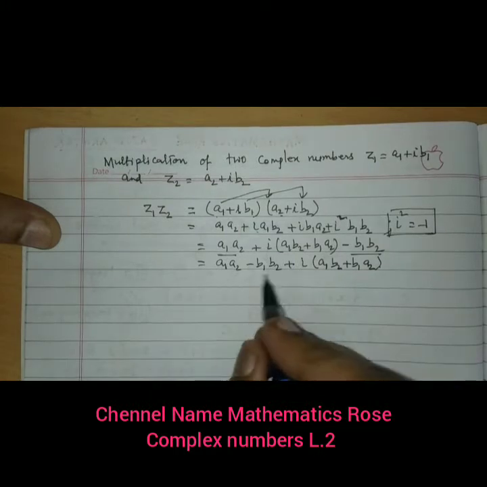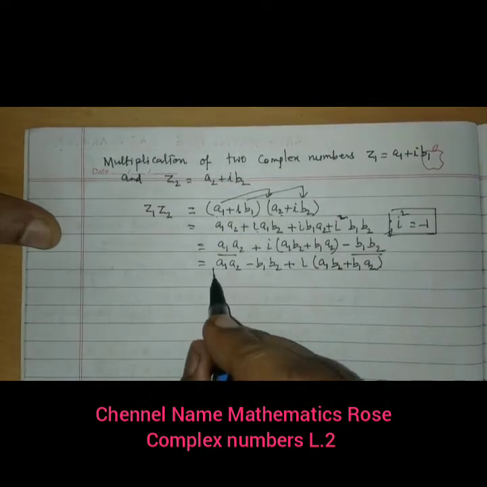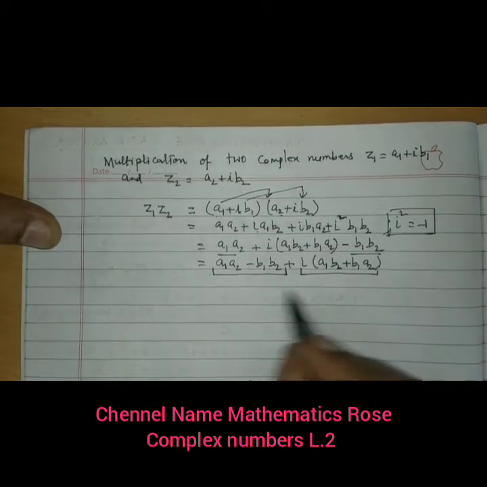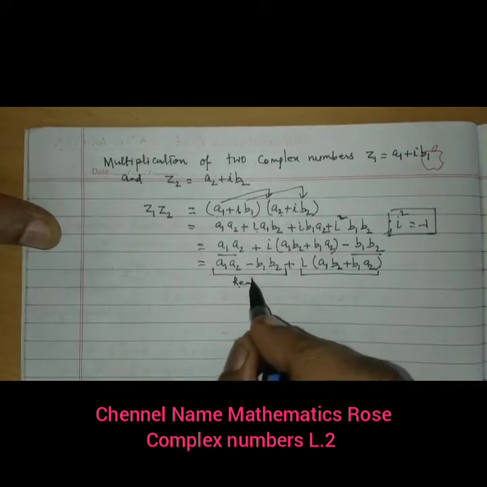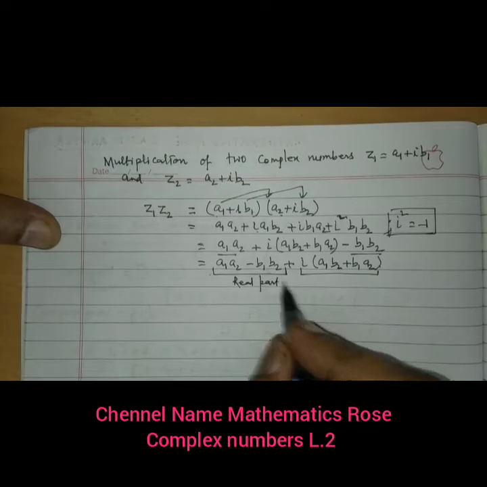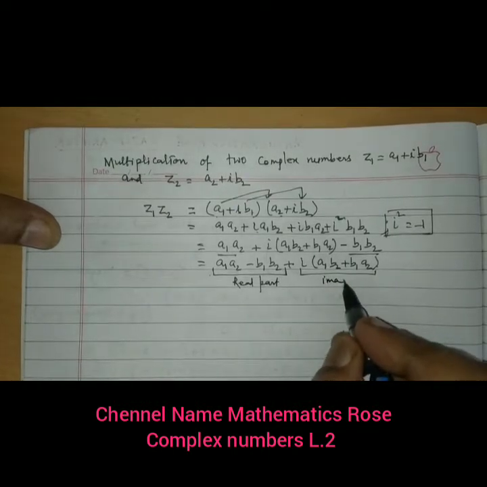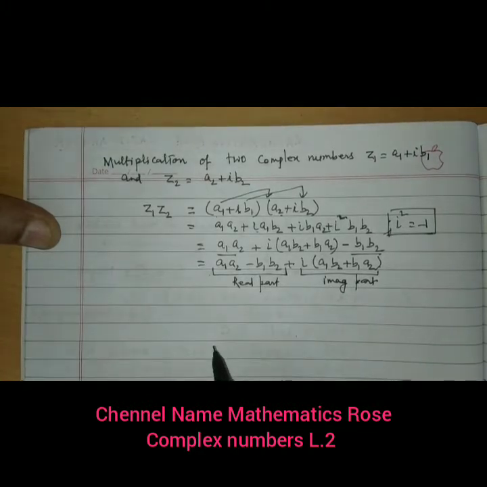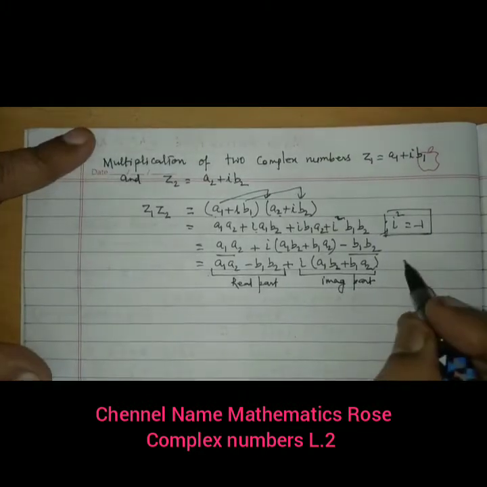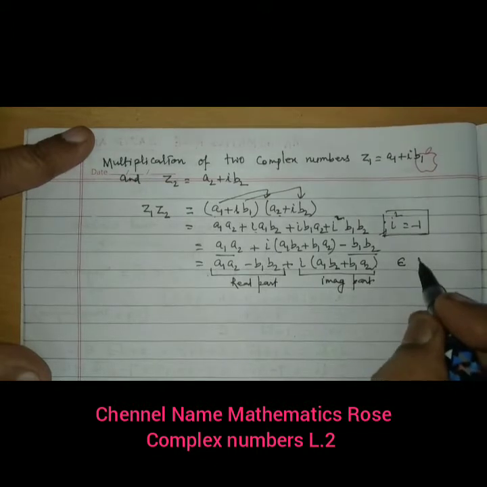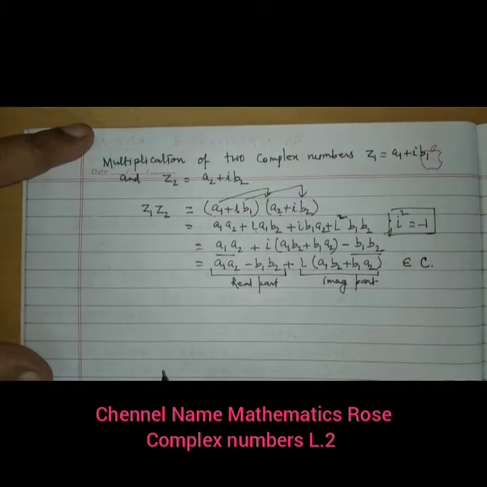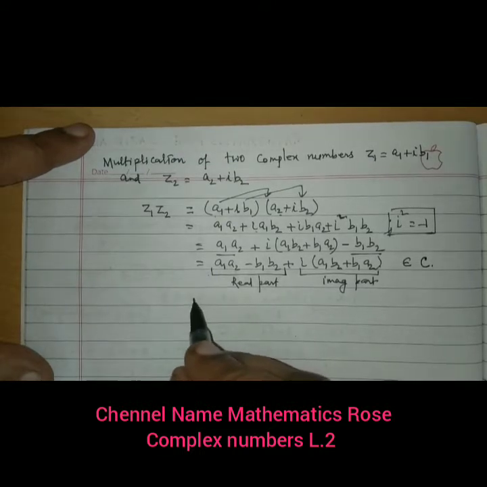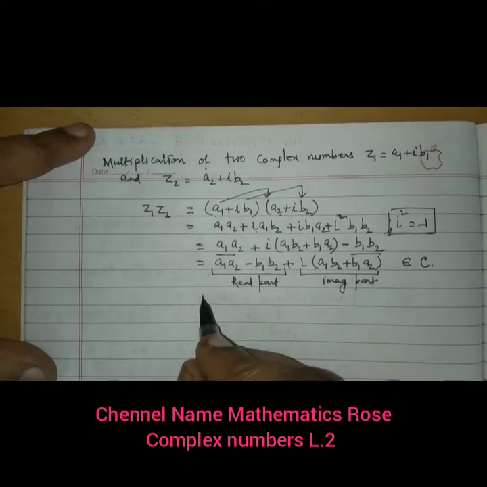So we see that it is also a complex number. This is the real part of this complex number and this is the imaginary part of this complex number. So we see that if we multiply the two complex numbers, this also belongs to a complex number. So it means that in multiplication the complex number also follows the closure